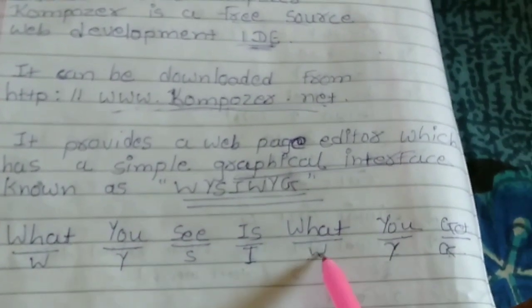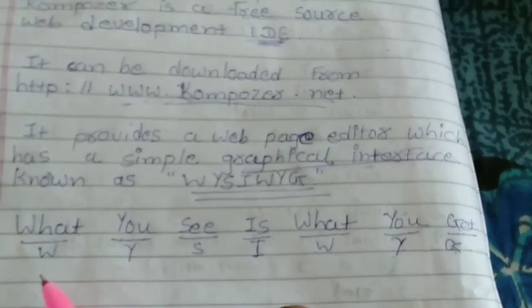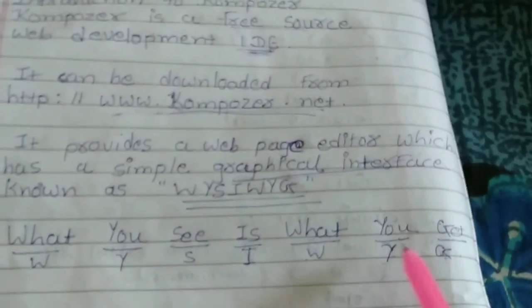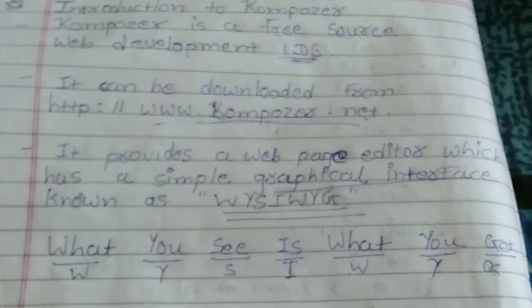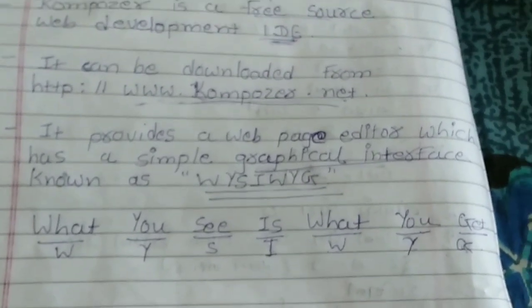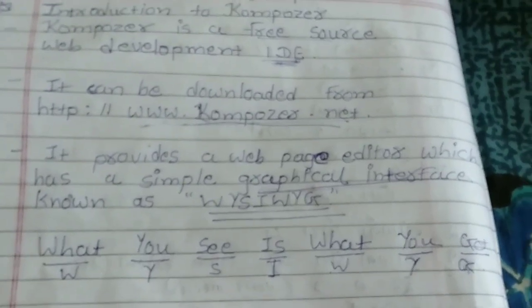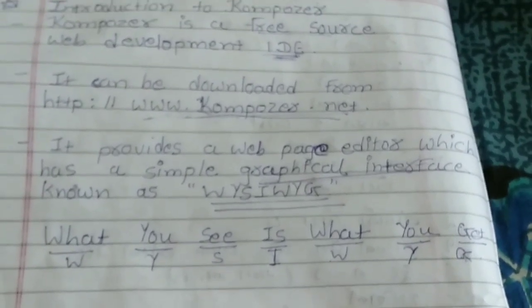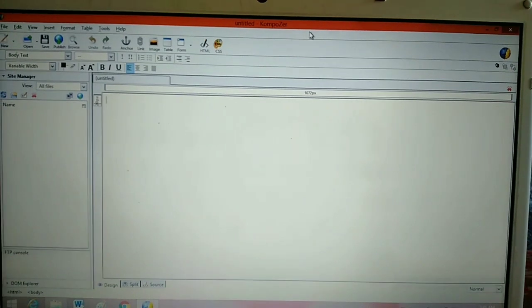What you see is what you get. Most important, what you see is what you get. Composer provides a graphical user interface which is known as WYSIWYG. What you see is what you get.